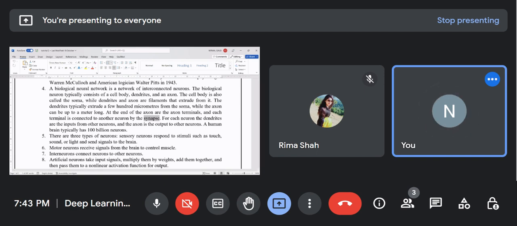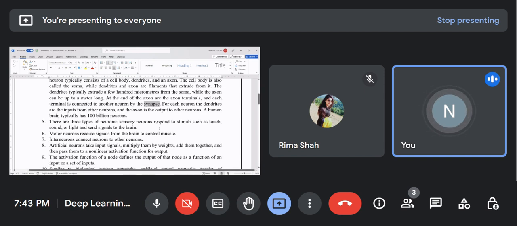So there are three types of neurons basically. One is the sensory neurons, which respond to stimuli. If you are touching something, that gives us the sense of touch, on the basis of sound, on the basis of light, and they send the signals to the brain. Whatever activity is happening, it is all sent to the brain for computation in the form